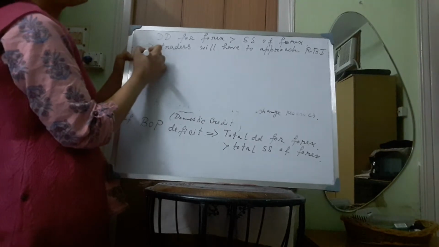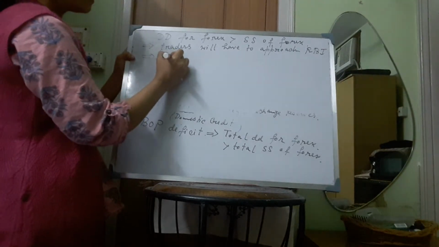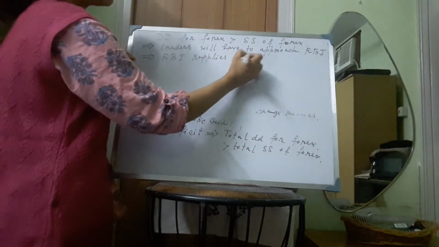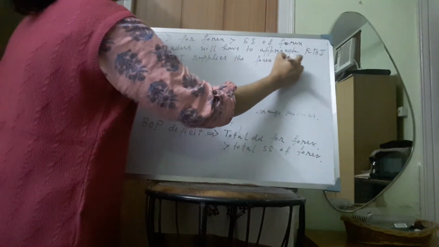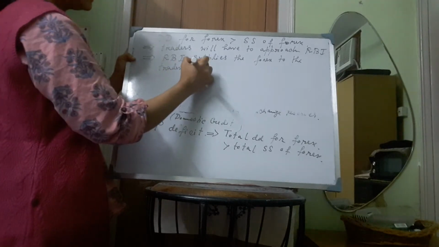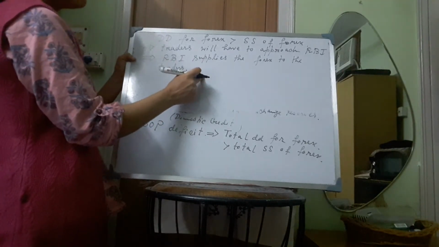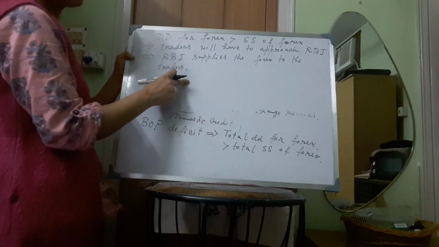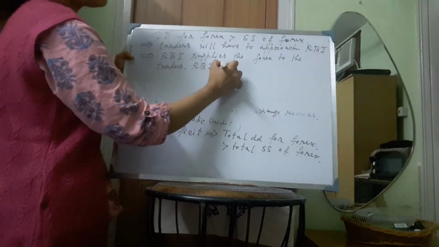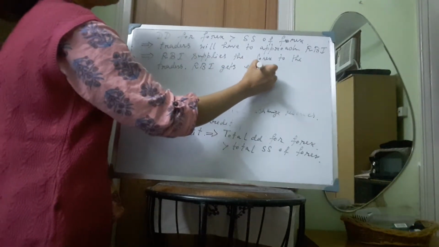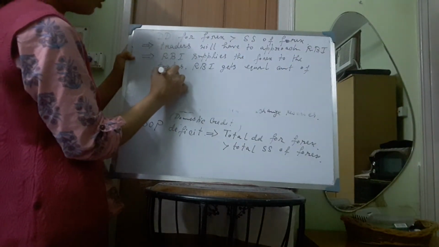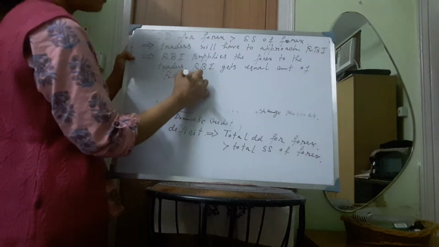So then what RBI will do? RBI supplies the foreign exchange to the traders, and then the traders, they give the equal amount or equivalent amount of rupees to RBI. So as a result, RBI gets equal amount or equivalent amount of rupees, that is the home currency, from the traders,